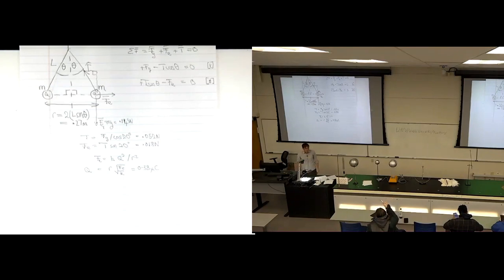Yeah? Where do you get 20 degrees? Where did I get 20 degrees? That was in the problem. Here. So we were told the strings were hanging at 20 degrees. I measured the strings to be hanging at 20 degrees. If we didn't know the angle at which the strings hang, we couldn't have solved the problem. So it all relies on that. Does that make sense? Sort of, but the problem I'm looking at is 2 degrees. The problem you're looking at is 2 degrees. The one I have in the slide,